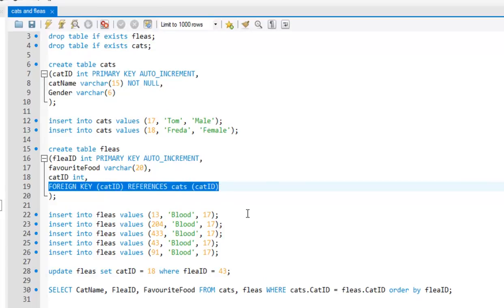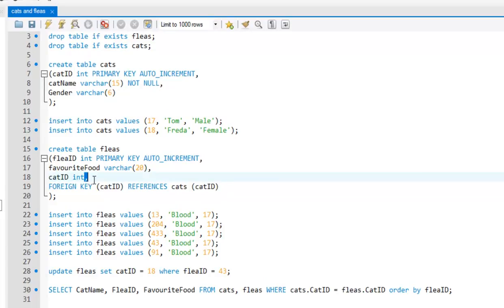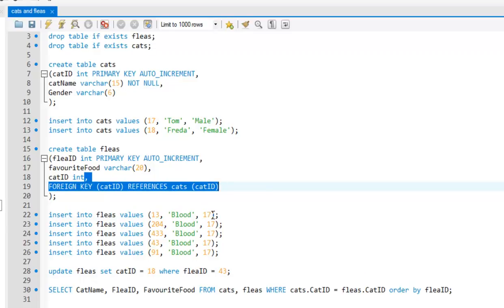Now you don't have to put that line in. If you miss out this final comma and miss out all of the stuff I've got highlighted, you can still join the tables and pull data out of both tables. That will still work. But making a foreign key constraint, you are saying here cat ID in the fleas table